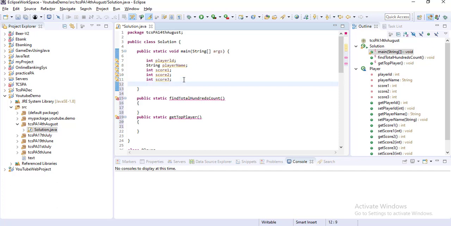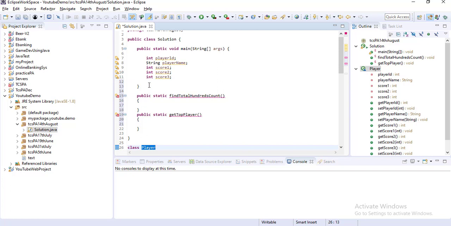I am creating one Player array, simply pl: Player[] pl = new Player[4], mentioning the size. You have to create 4 Player objects, so I am defining the size as 4, which means it will store 4 Player objects.